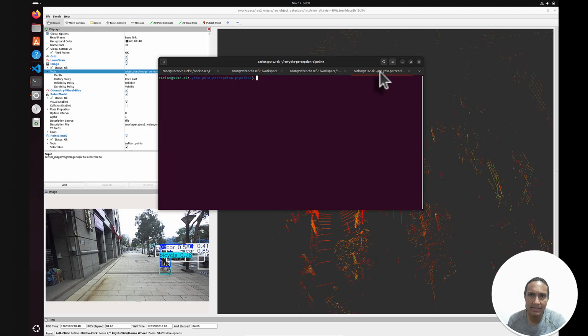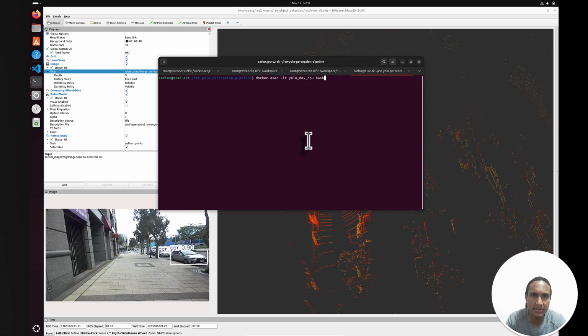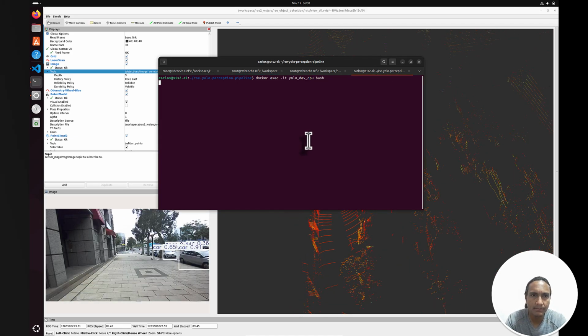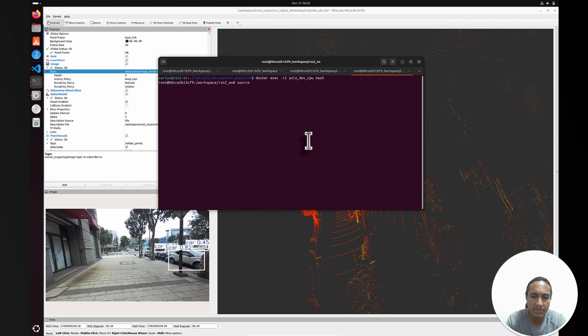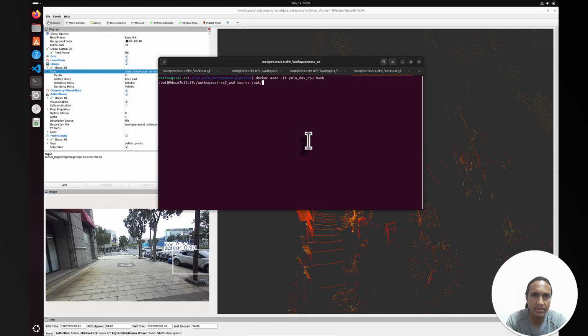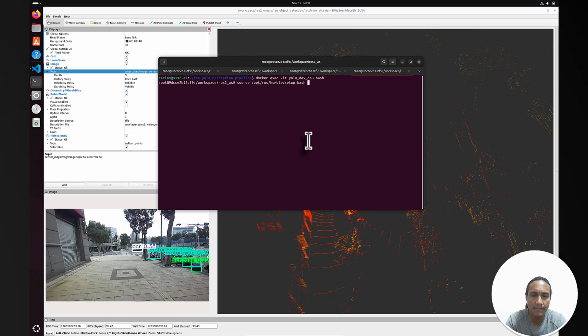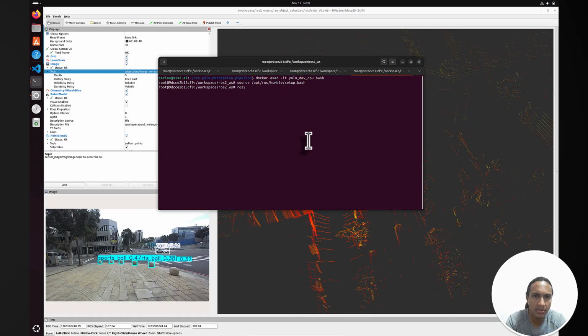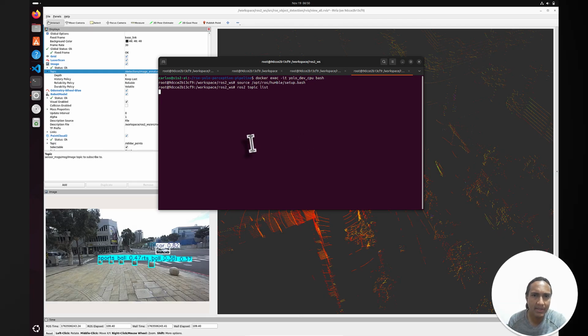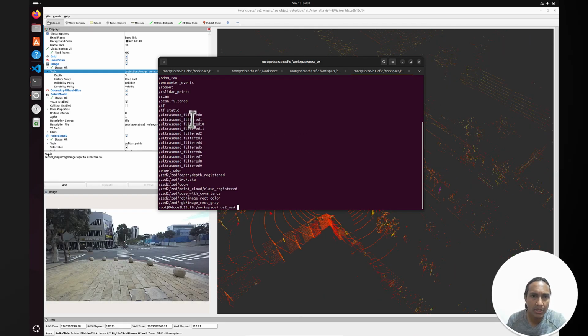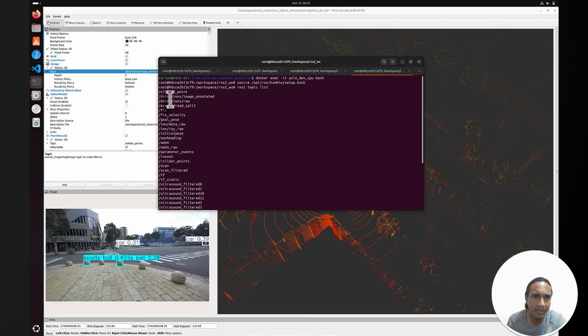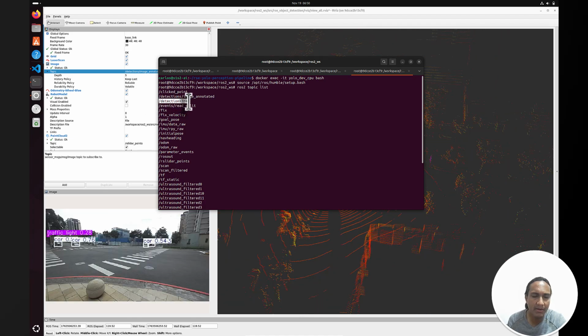And we can see that, let's see, we need to attach, and we need to source the browse workspace. Okay, and then this normally should work, but browse to topic list, and there it is. So detections raw. This is what we are publishing now from the new